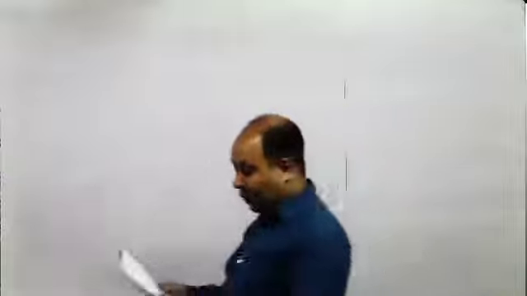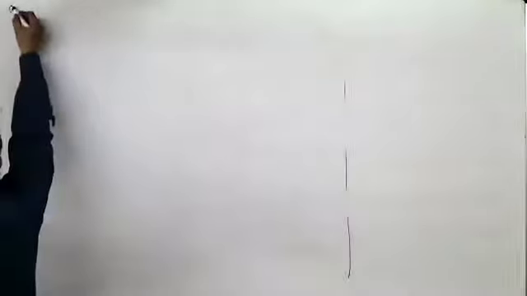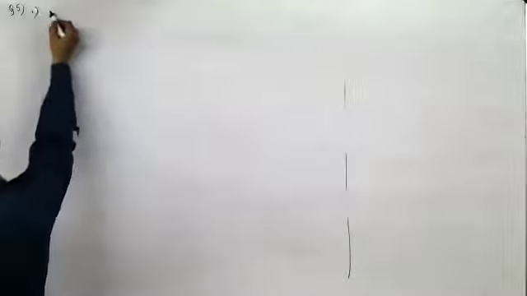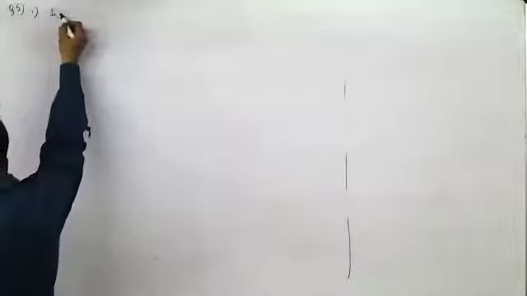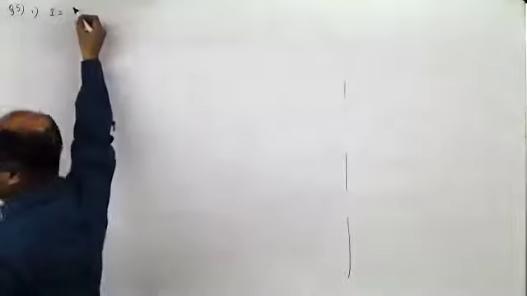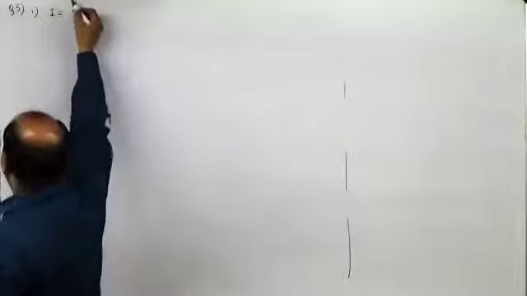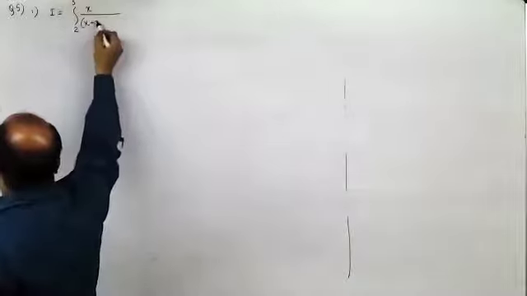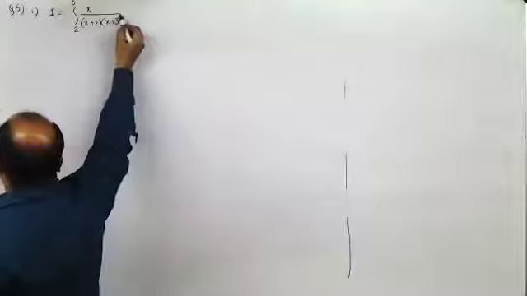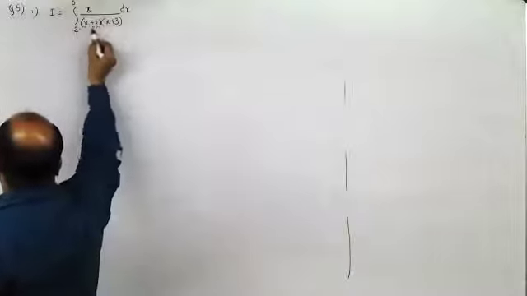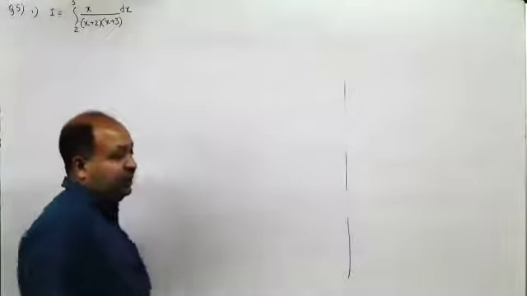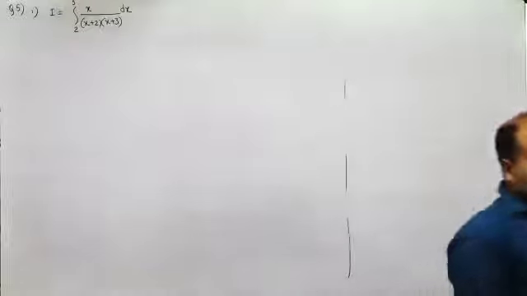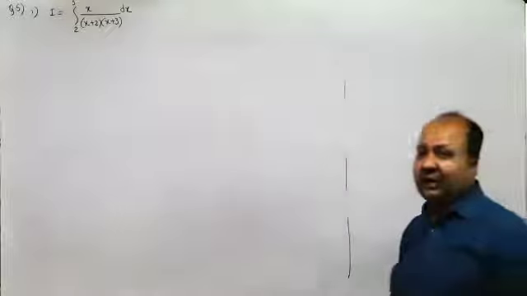Now the remaining 3 are based on properties. I'll take up the 4-mark question. That is, I'll say it is question number 5, the first part here. Integral from 2 to 3 of x upon x plus 2 into x plus 3. Again, if you observe here, this is linear. The combined power of the numerator is less than the combined power of the denominator. So we'll use partial fractions and then we'll substitute the upper limit, then the lower limit and subtract it.